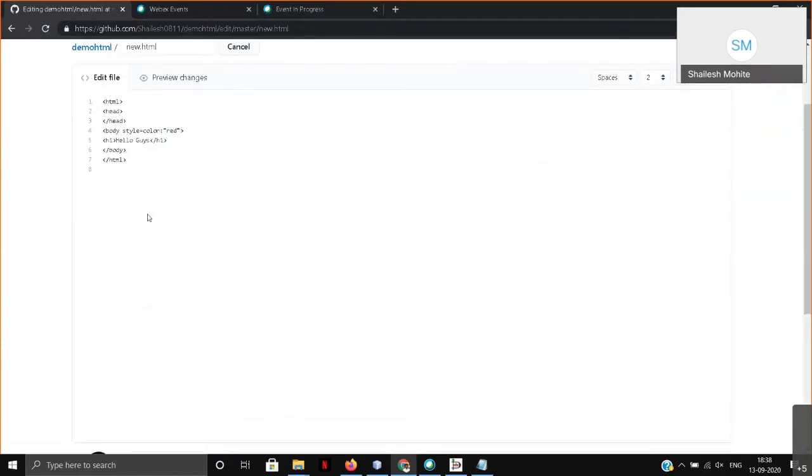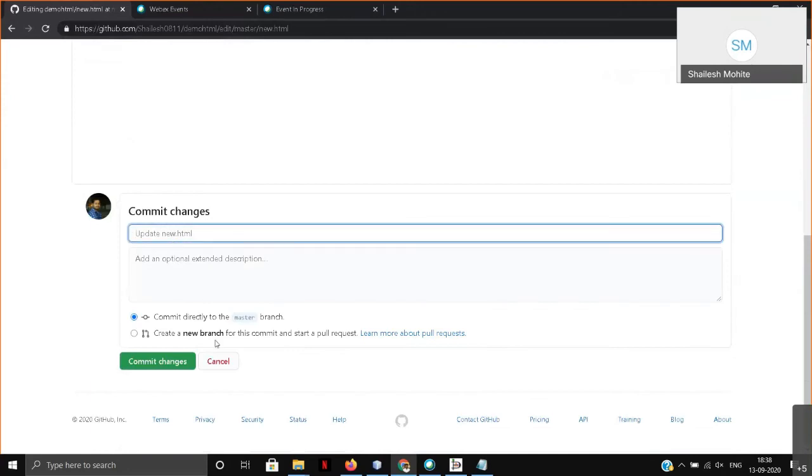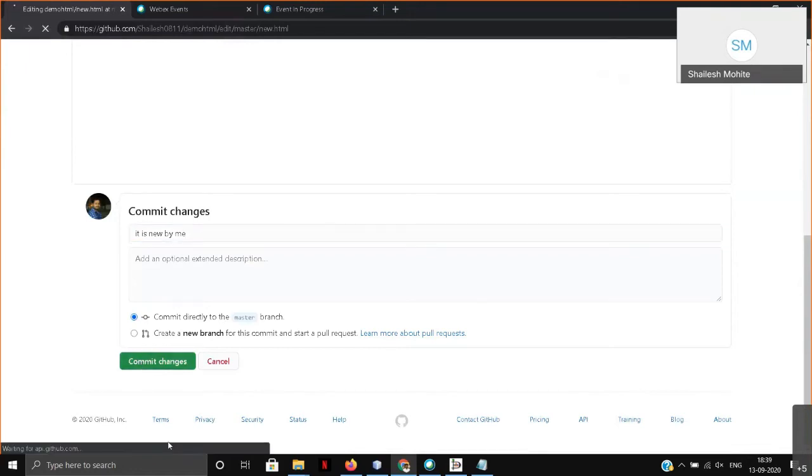Your existing code is already here, so erase it with Control A and backspace, and paste your new code here. Then go down, make a comment that it is new by me, and hit the commit button.